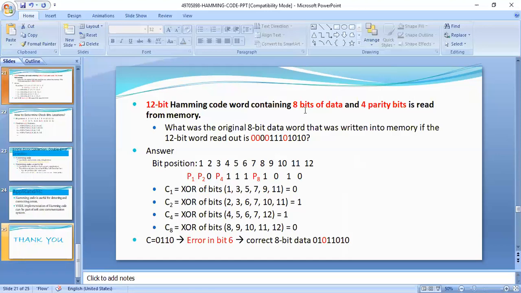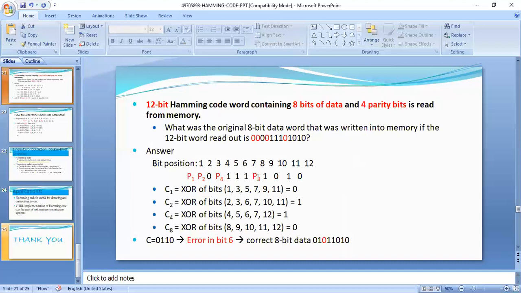What is the total Hamming code word length? 12 bits. In these 12 bits, what is the original 8-bit data word that was transmitted at the transmitter? Just write the given code word as it is and give the positions 1 to 12. In that, P1, P2, P4, P8 are the parity bit positions.